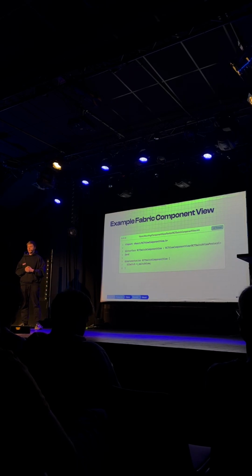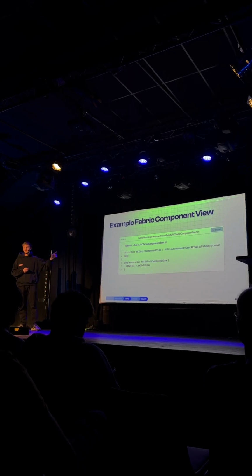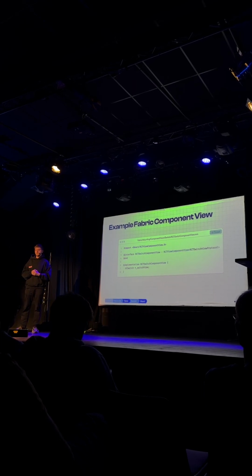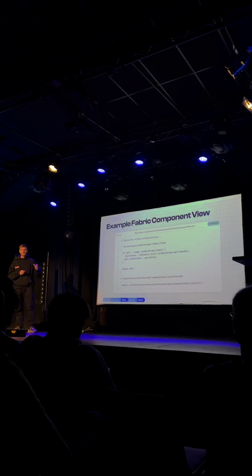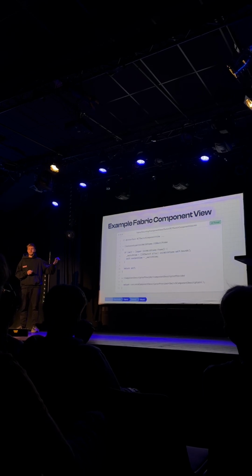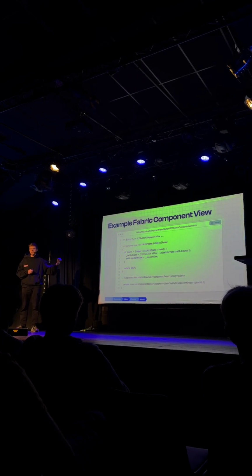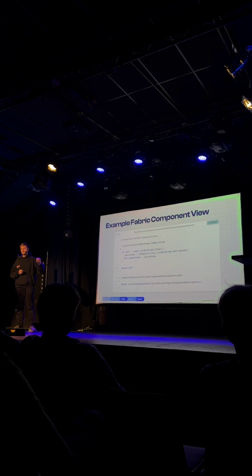And we can see that it inherits from something called view component view, and this is the base view implementation. And then you can see that in the init method, we are creating this UI switch view, which is the actual native view that we want to render to the screen, and set it to the content view of our Fabric view